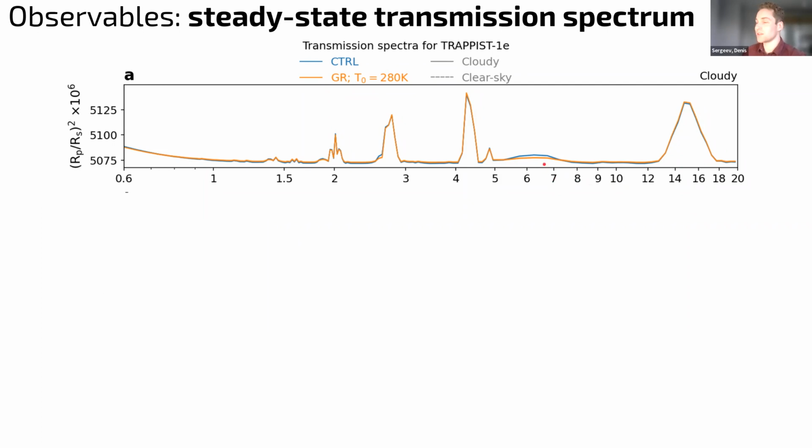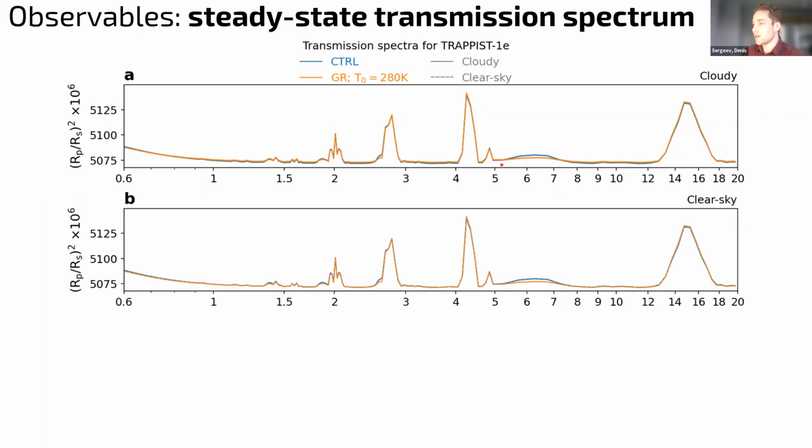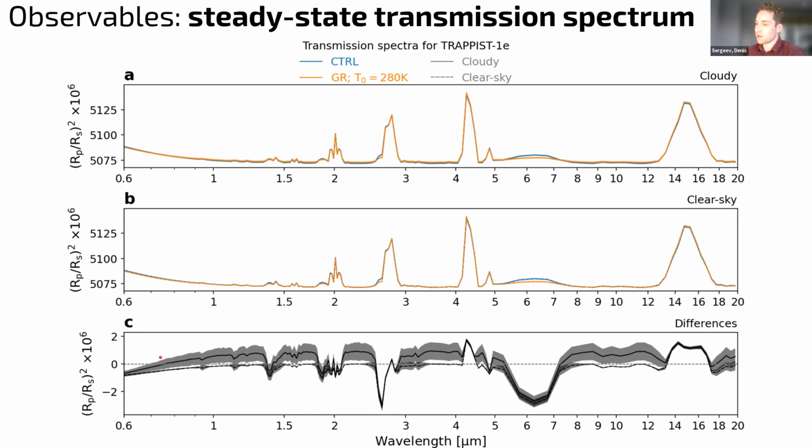Of course, you can clearly see that the differences are quite small, and they're even smaller for the clear sky spectrum. And if I plot only the differences, the differences are of an order of 1 to 2 ppm throughout this wavelength region. But there are some interesting differences at various bands. First of all, most of the differences are between the CO2 peaks, while the most prominent absorption peaks corresponding to CO2 roughly stay the same, because there's enough CO2 in the upper atmosphere to saturate this peak anyway,